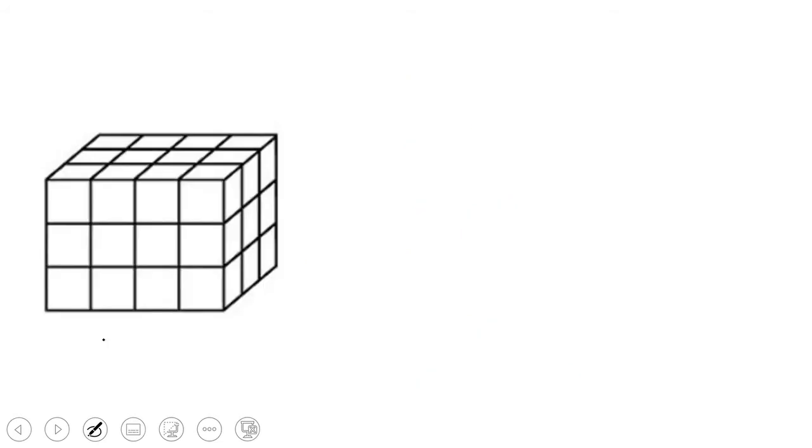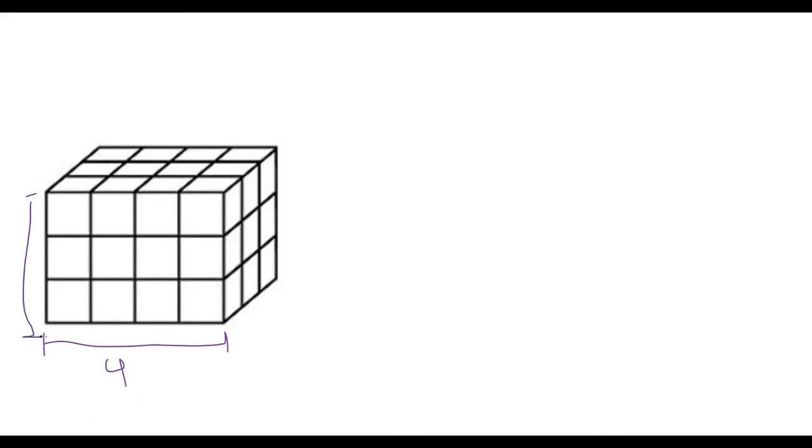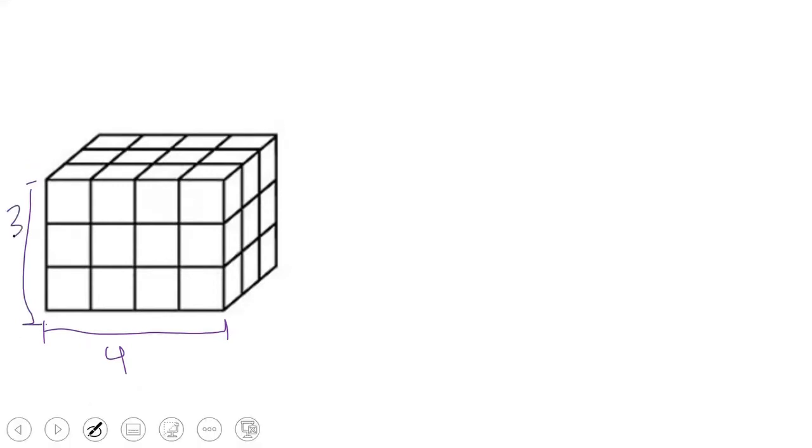Now in this example, I'm going to do something a little different, okay? I'm going to find the area of the face of this prism. And what I mean by that is I'm going to measure the base here, and this is 4 cubic units, and the side here, or the height, is 3 cubic units. Okay, now I can do 4 times 3,